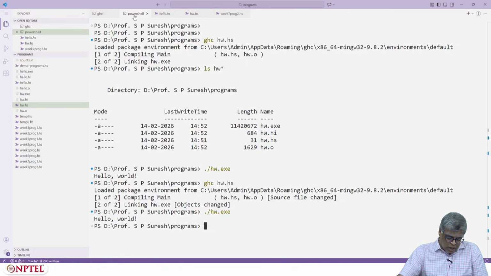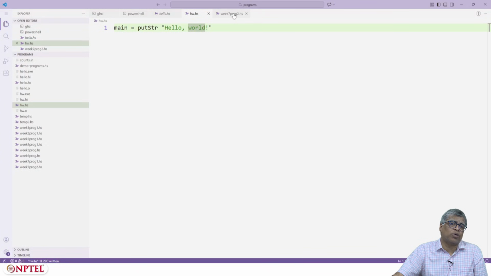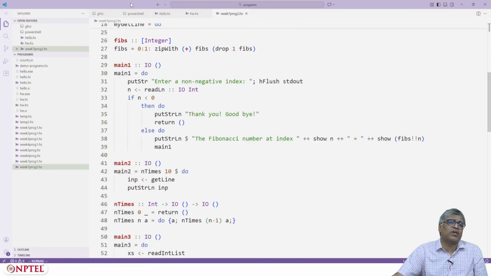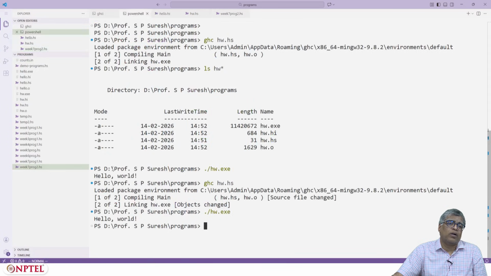We will see examples of this later. It depends on your system. On a Mac, for instance, if I do not have the backslash n, the prompt will come right after the hello world on the same line. So that's the difference.